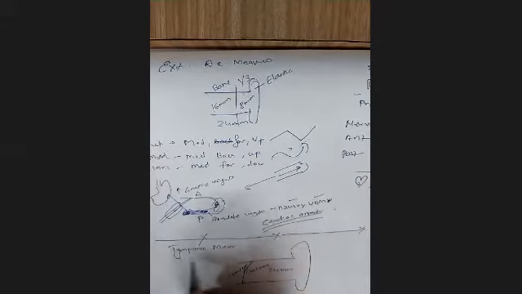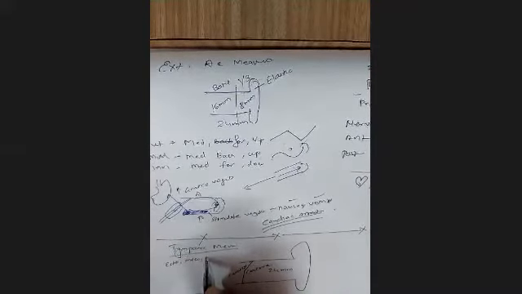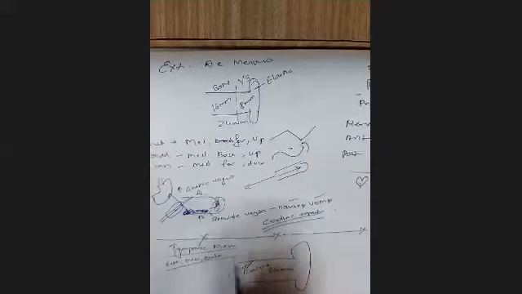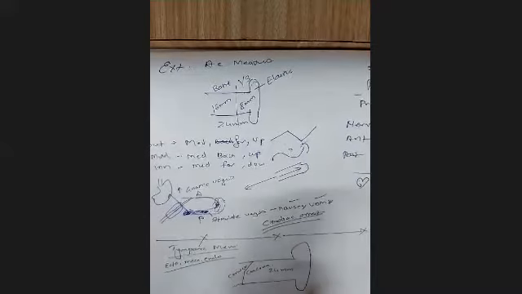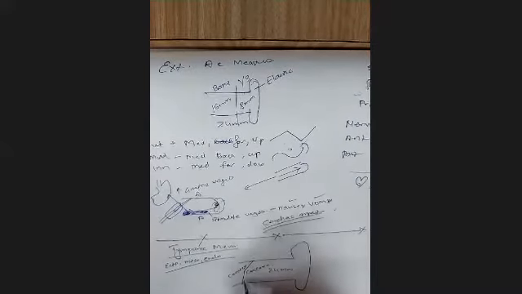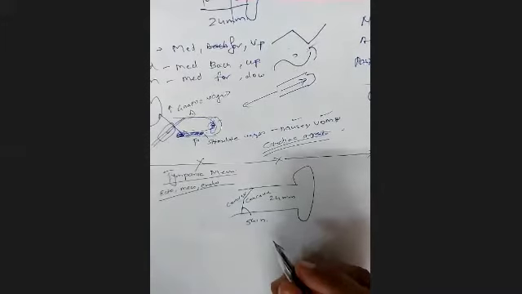The tympanic membrane is one of those few structures which is derived from ectoderm on the outer side, mesoderm in its middle part, and endoderm also. So ectoderm, mesoderm, and endoderm all contribute to the formation of the tympanic membrane. The outer part of the tympanic membrane is actually made up of skin.